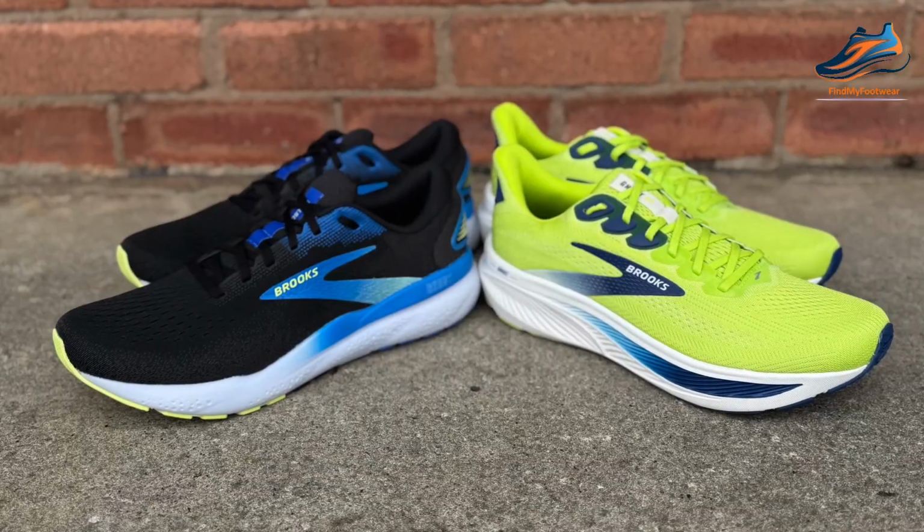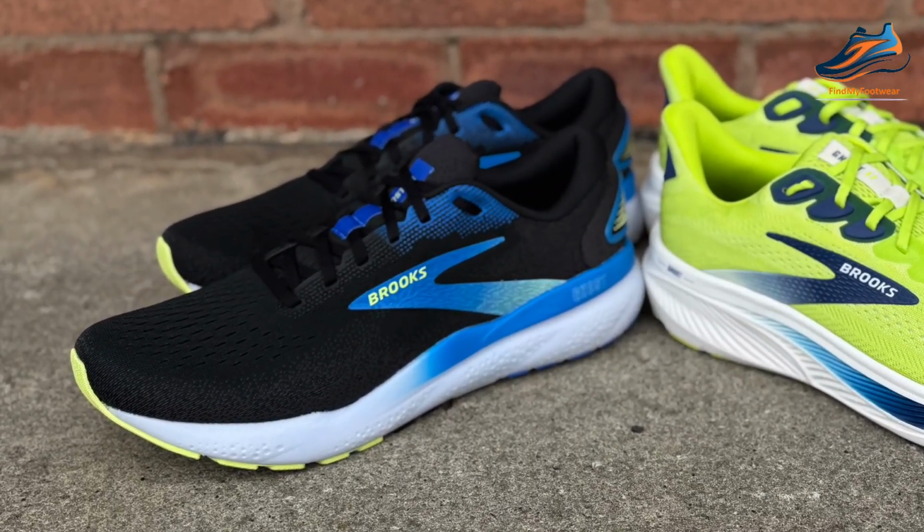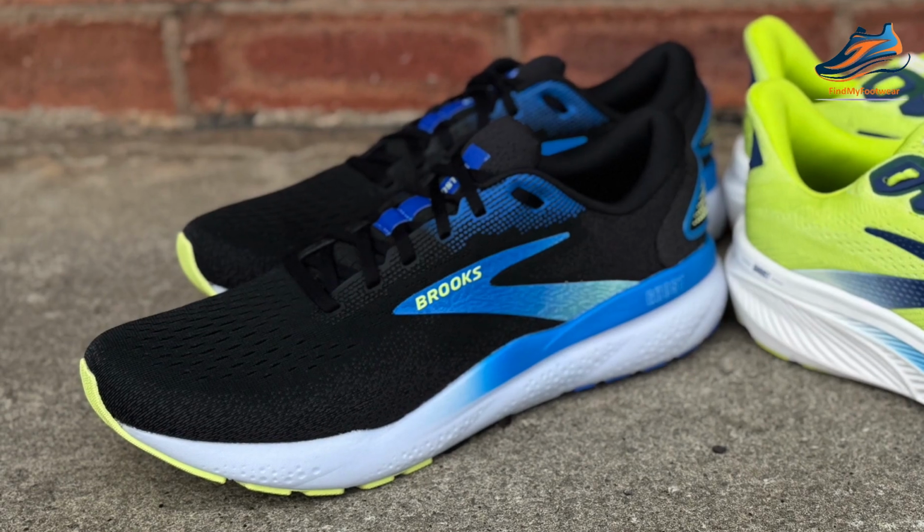So, at the same price, the new version, the Ghost 17, comes along and it changes things up a little bit. It stays at the same money, but what's the difference? Well, in the Ghost 16, we had a 36mm stack in the heel, 24 in the forefoot, so a 12mm drop. Okay, the DNA Loft V3 foam. We retain that nitrogen injected foam in the Ghost 17, but now we get 1mm more in the heel,